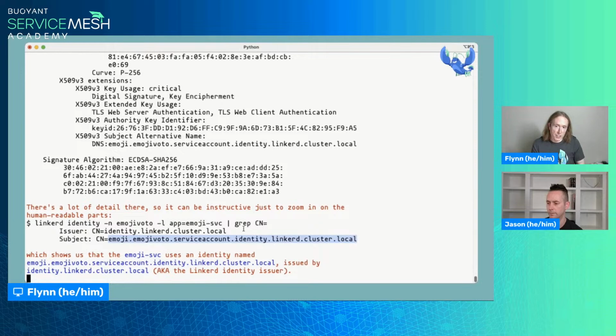Also, obviously, if you run this and you get something you don't expect, then that can explain why things are going wrong. At one point with the faces demo, I could not get policy to work and ended up running linkerd identity on one of my faces pods and found out that, oh, I hadn't actually assigned it a service account. So they were all running with the same default service account, which meant that there was no way to distinguish between them from Linkerd's point of view. So that was a case where in the real world, it actually showed me a bug in the way I'd set up my application while I was trying to get something done with Linkerd.